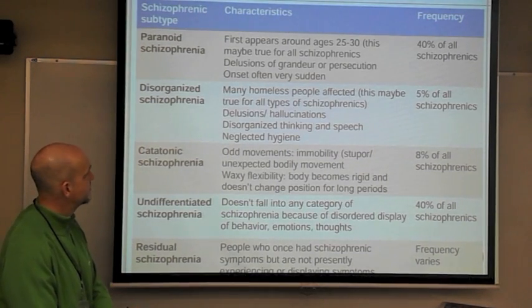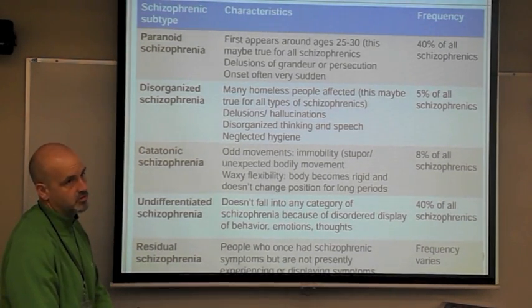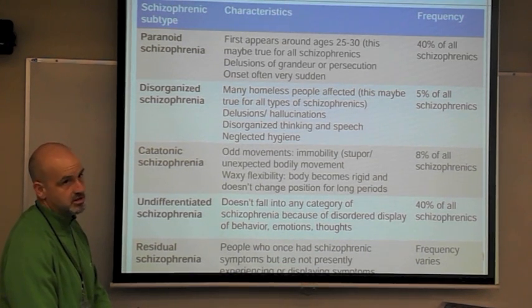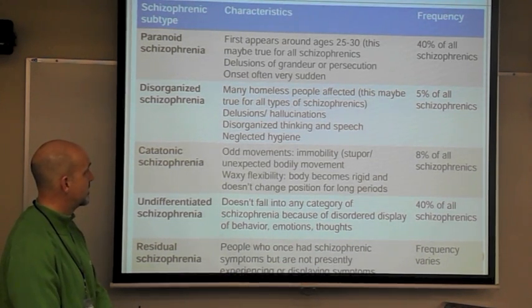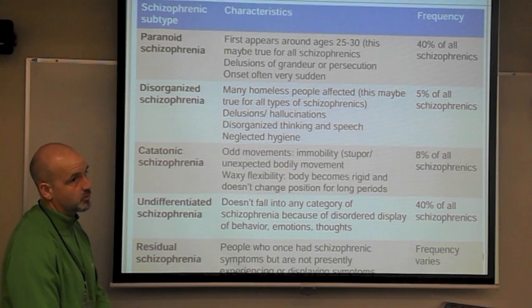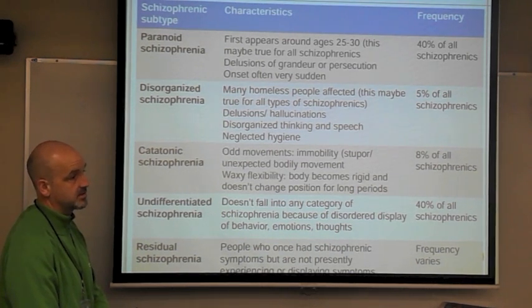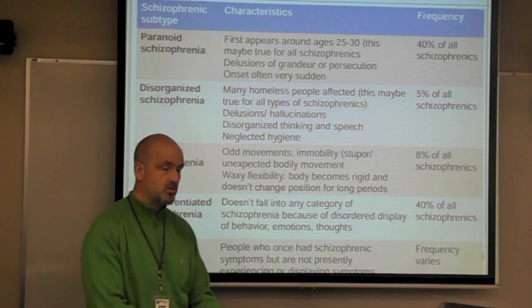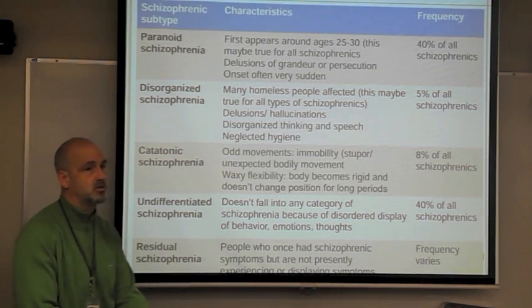Paranoid schizophrenics, again, it first appears around early 20s. And this is simply delusions of grandeur or persecution. In other words, they believe everyone's out to get them. And the onset is very sudden with this type of schizophrenia. It comes on sometimes within days, okay, where they were simply normal in terms of their cognition and then full-blown